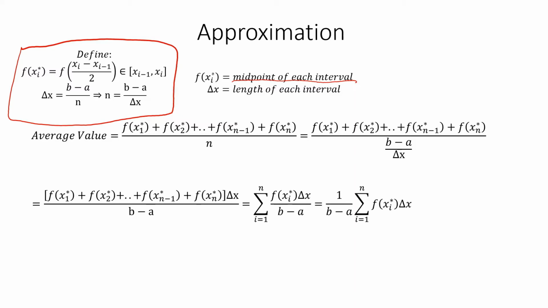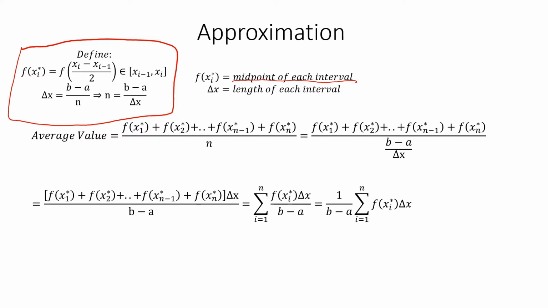Then we have delta x, or little triangle x, which denotes the length of each interval, and in a math sense, it is b minus a over n. That's pretty standard integral stuff. We can also see that n is equal to b minus a over delta x, which will be important later. So we're going to come up with a formula where we say the average value is equal to